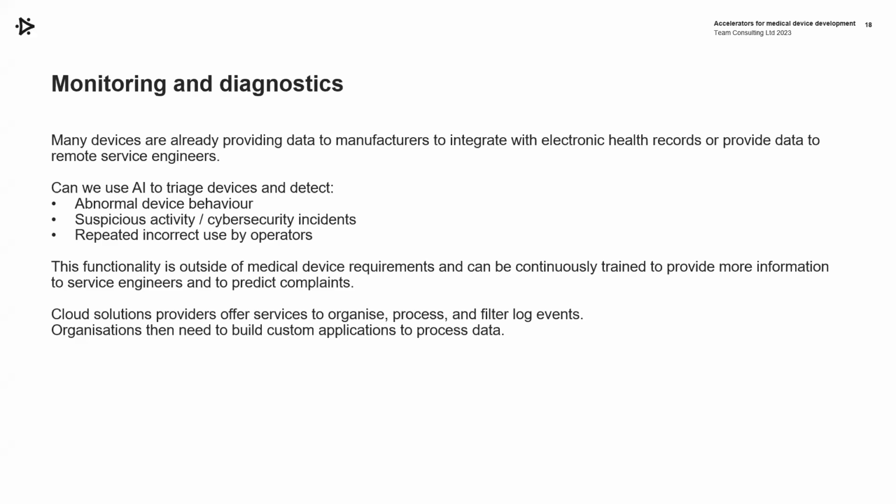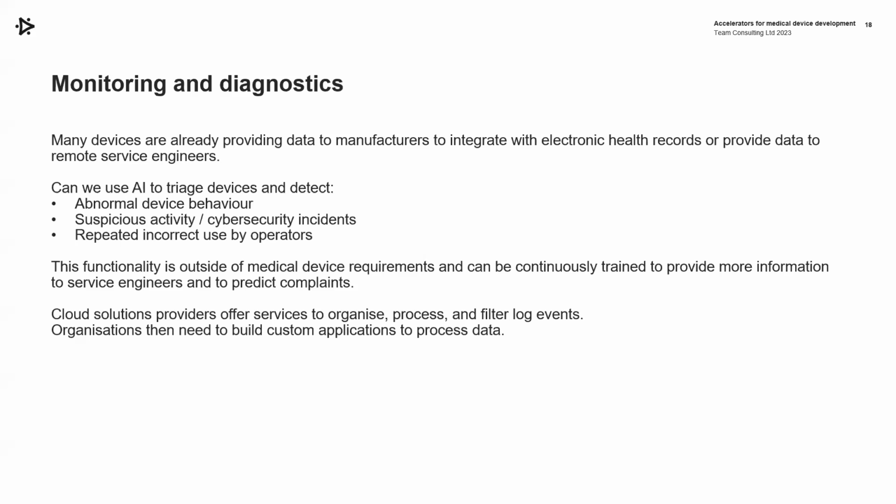Now, most of this functionality might be outside of the medical device scope, doesn't fit within our medical device submission, but helps us to learn more about our devices, helps us to maintain them better in the field. What cloud solutions in particular offer in this domain is the ability to iterate through the post-market surveillance activity more frequently. Learn, iterate, modify. It will also allow us to store much more data about our devices, and in some cases it increases the rate at which we can deploy